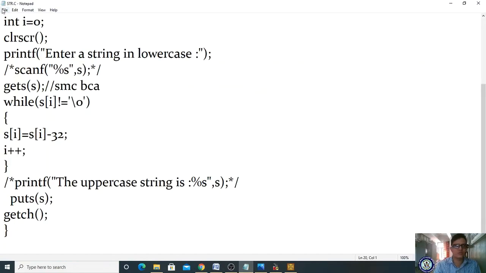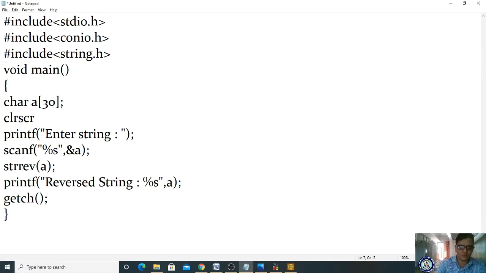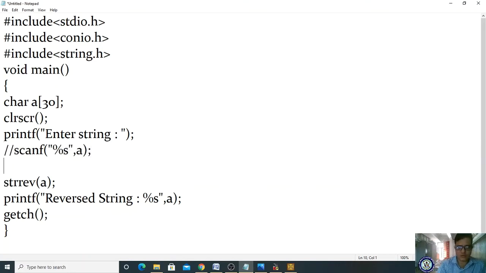Take this new file and paste it. It is a string handling function, main function. Afterwards, you declare a character array variable, and now you enter a string. After entering a string, with scanf, ampersand is not required. While entering, you are not supposed to give a space. If you want to give a space, then use the gets function, gets of s. Afterwards, strrev of s, please observe here, you are reversing a string. After reversing, it will display in reverse order.